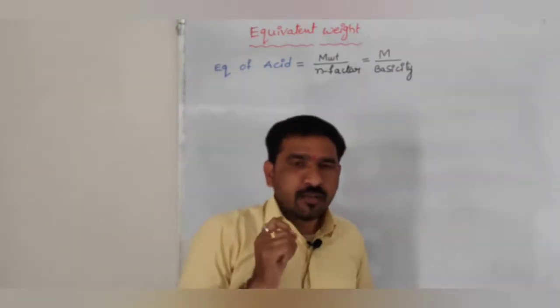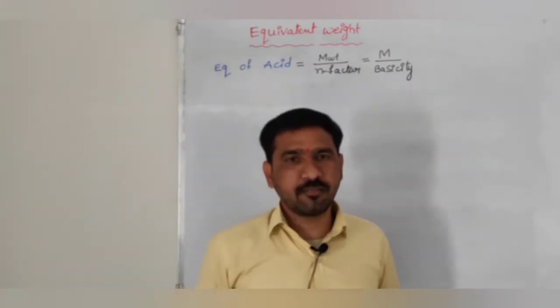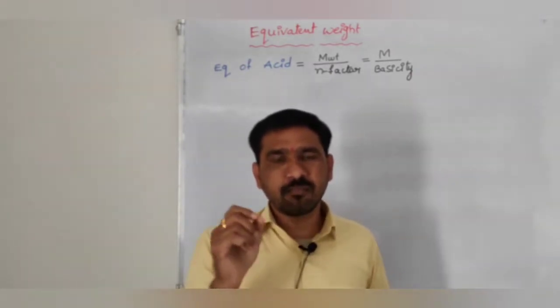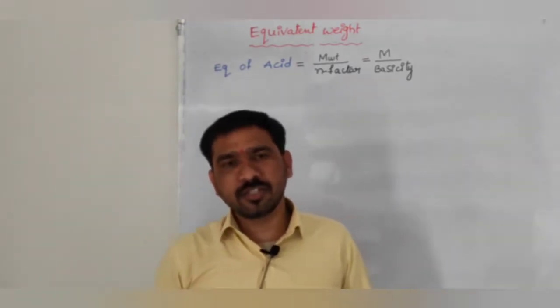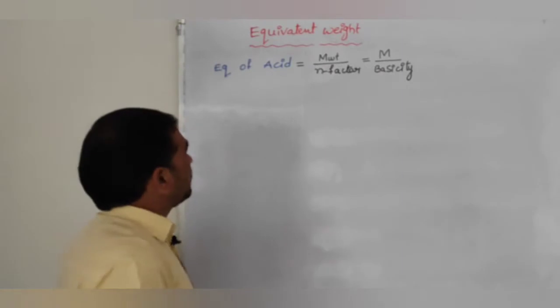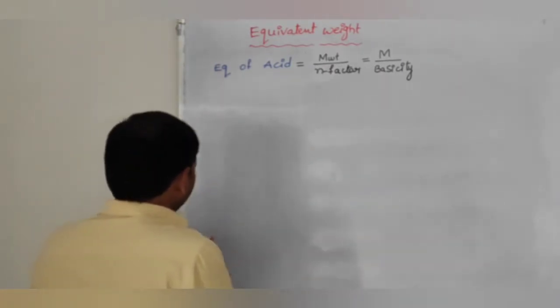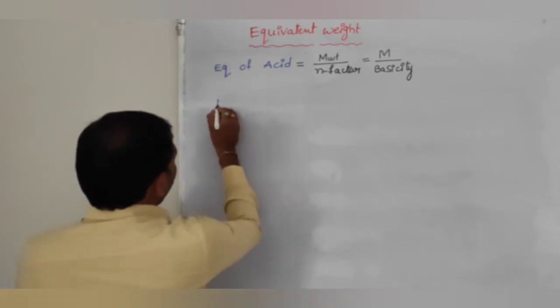Right? Basicity means the number of H plus ions replaced. The number of H plus ions replaced is called the basicity of an acid, right? Let me discuss some examples of equivalent weight of acid. So beta, here, for example,